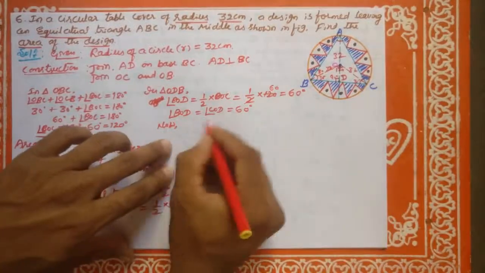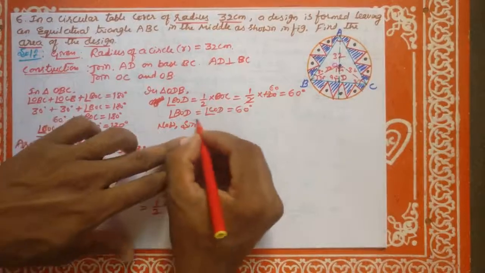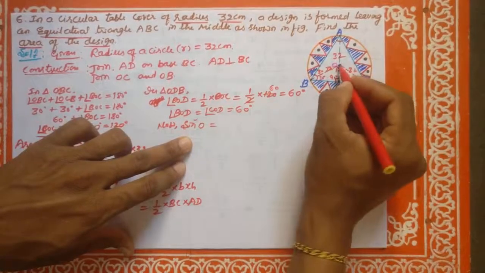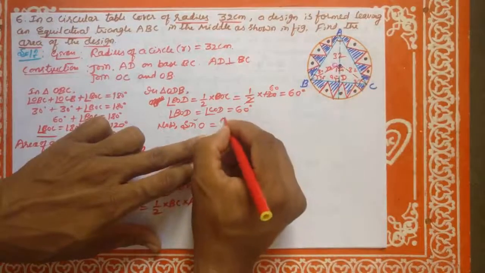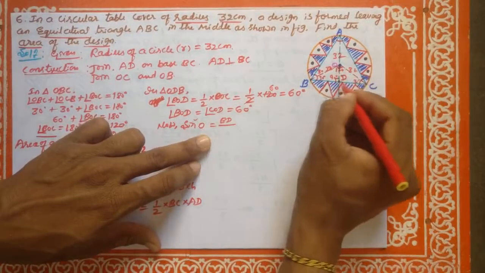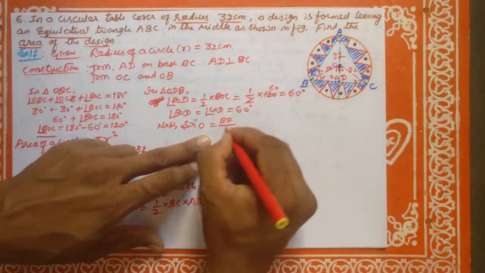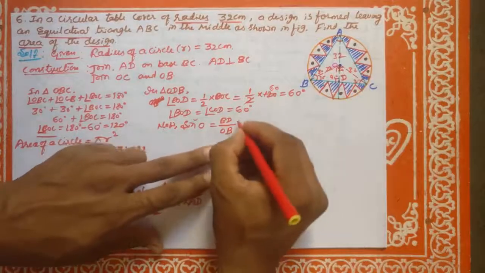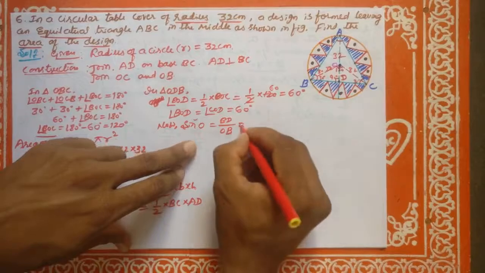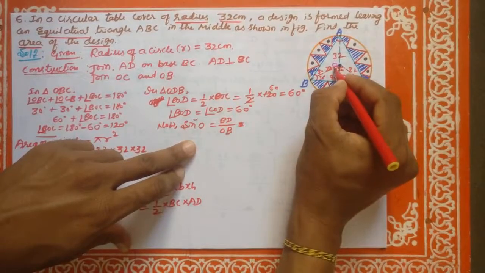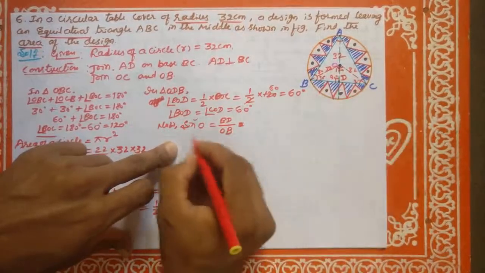Now we can apply sin theta and cos theta. See here, sin O is opposite, which is BD, divided by hypotenuse, that is OB. So sin O is BD by OB. What is the angle here? Sin 60 degrees also. In triangle BOD, it is sin